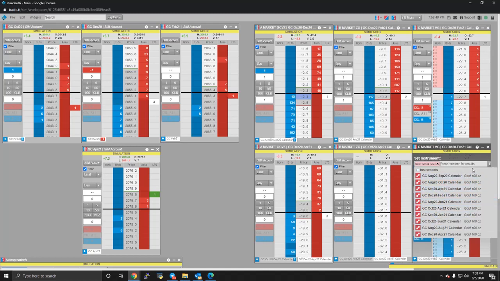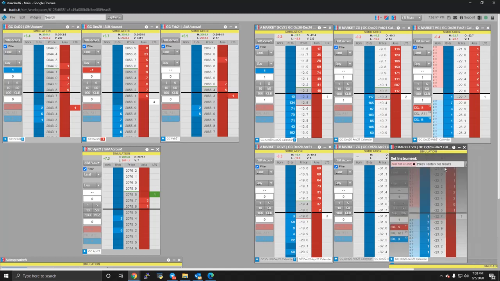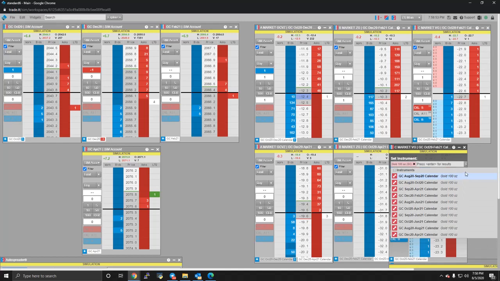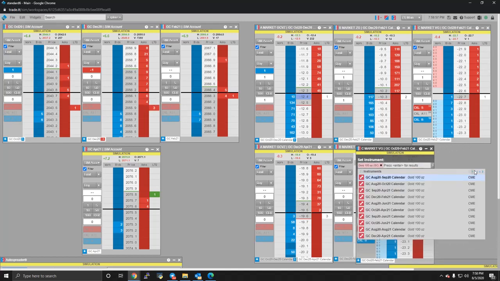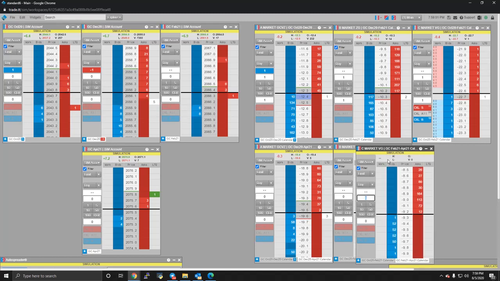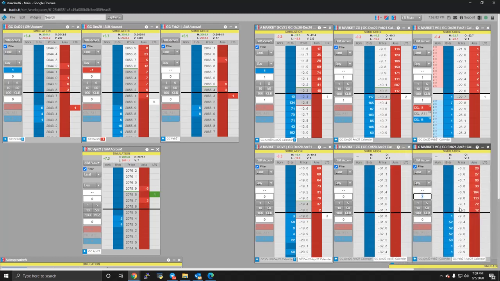Let's see, Feb April. It's going to be on the next page. Let's see if we can find the next page. Here's Feb April. Put that back there. Okay, so